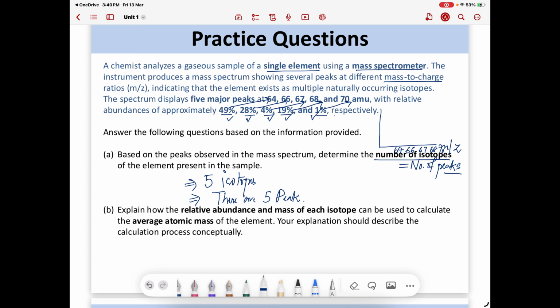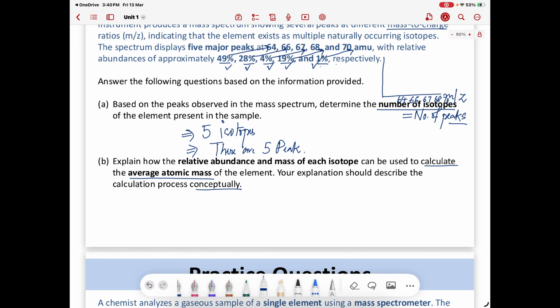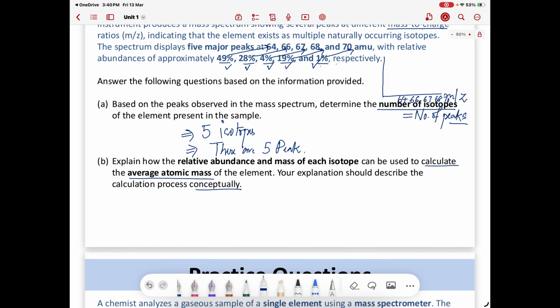Explain how the relative abundance and the mass of each isotope can be used to calculate the average atomic mass. So you have to calculate the average atomic mass. Your explanation should describe the calculation process conceptually. So you have to show your calculation. How will you do? Very simple. So average atomic mass